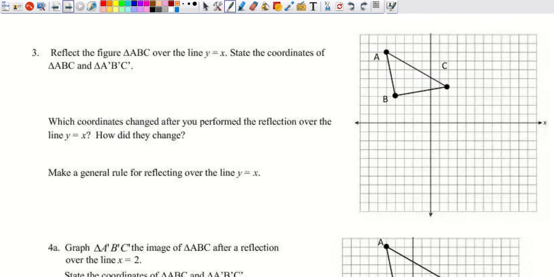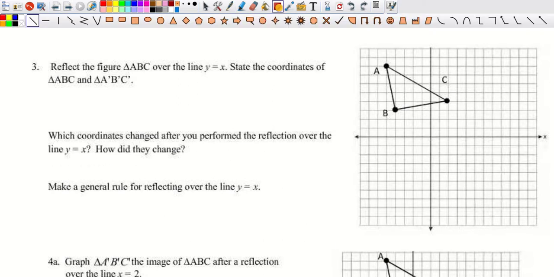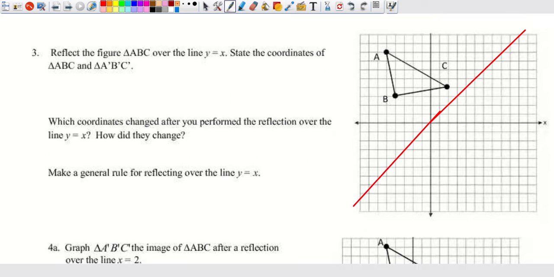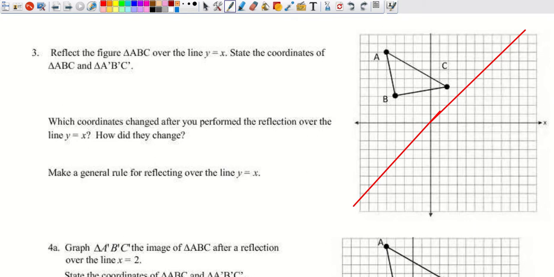So for number 3, we're going to do the line y equals x. Now, although it might not be tested, the line y equals x is just all the points that follow the rule where y and x are equal. So the points (0, 0), (1, 1), (2, 2), (3, 3), all the points on that line, or (-1, -1), (-2, -2), and so on and so forth. And so the rule for this, we'll start with the rule first because it's hard to kind of experiment here, but